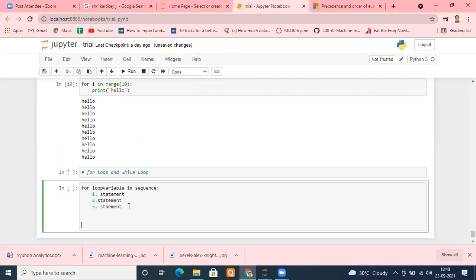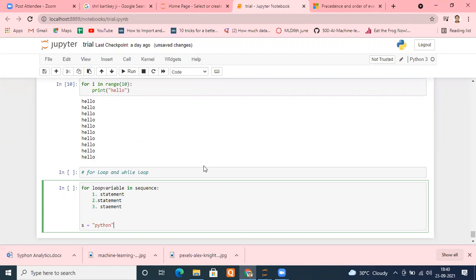Example, if you talk about a string, suppose I'm taking a string whose name is, let's say, Python. So it's a collection of characters, right or wrong? 1, 2, 3, 4, 5, 6, 7. It's a collection of characters.